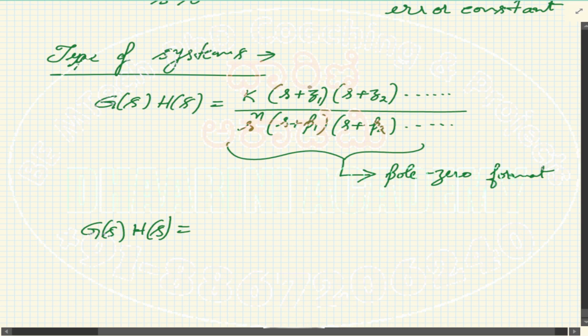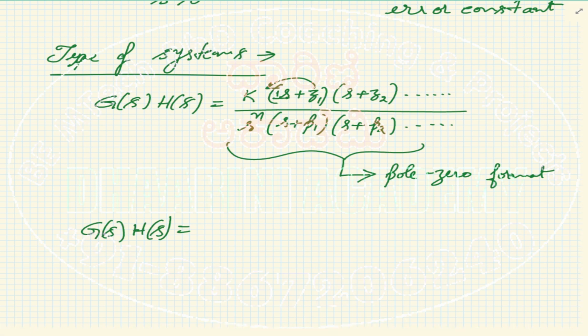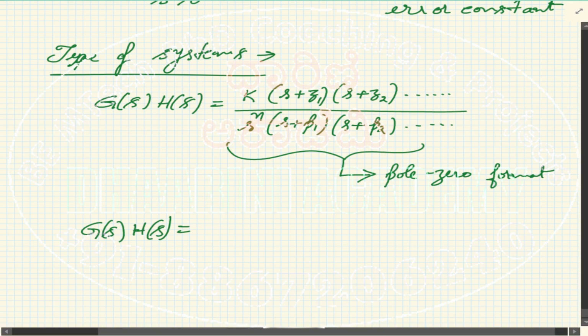What we do here, you take the z1 outside. So when the z1 goes out, there is 1 by z that is coming here because you are taking the z out, right? So that looks like a constant for you, right? So this is the same term. I'll write a different constant now. So this I'll write as k dash into 1 plus s into tau 1, 1 plus s into tau 2 and so on, divided by